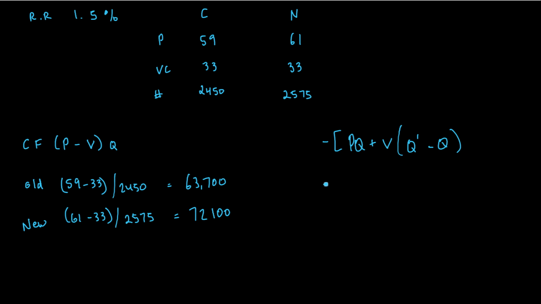So the NPV is going to be the 59 times 2450 plus 33 times that change in quantity,